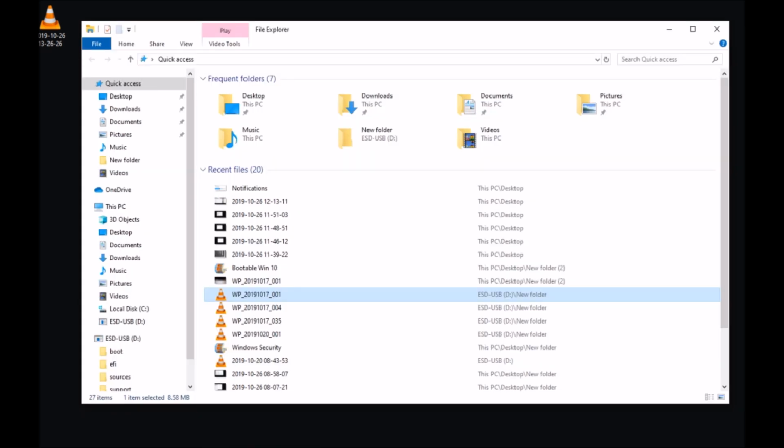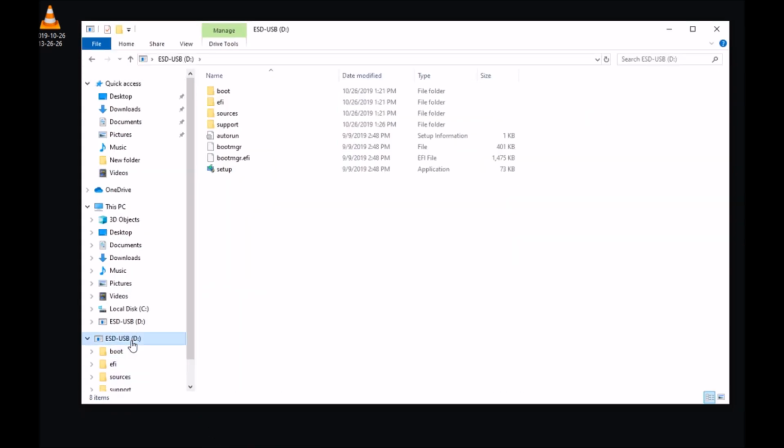Let's check the USB flash drive and see what's on it. And we have these bootable files, and it's ready to boot a new hard drive and install Windows 10 on it.